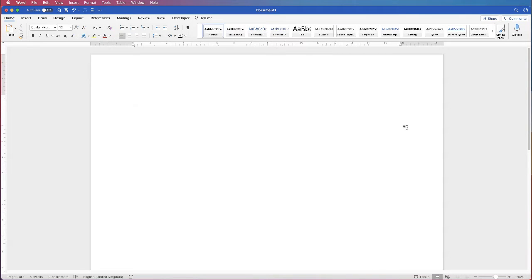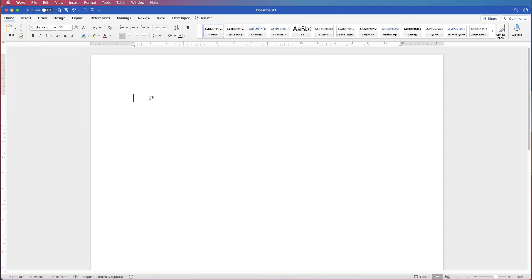Hi, and in today's Microsoft Word tutorial, I'm going to show you how to use and find shortcut keys. Now, shortcut keys are extremely useful as they save you a lot of time going up to various ribbons, finding what you need and clicking on it. All you need to do is assign a keyboard shortcut and it will speed up your working time whilst